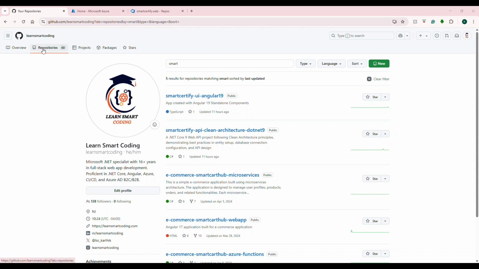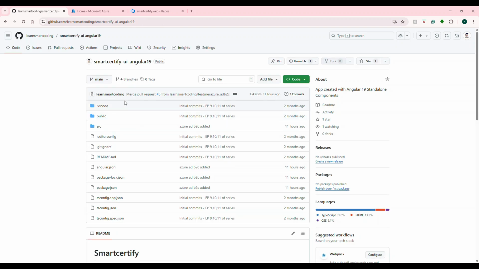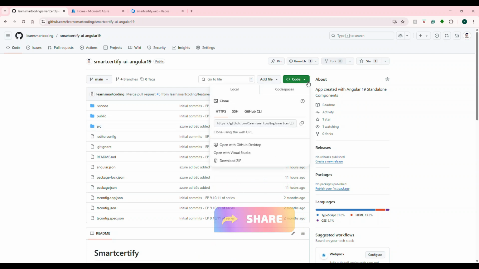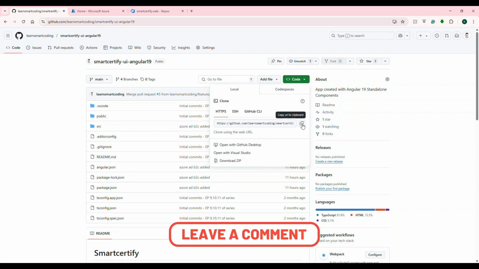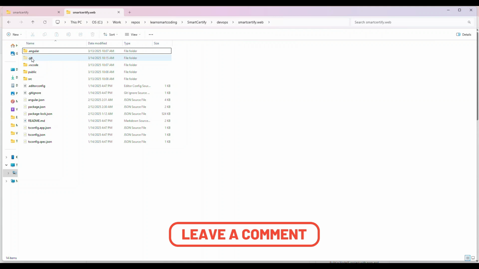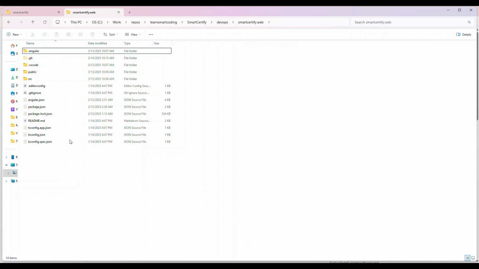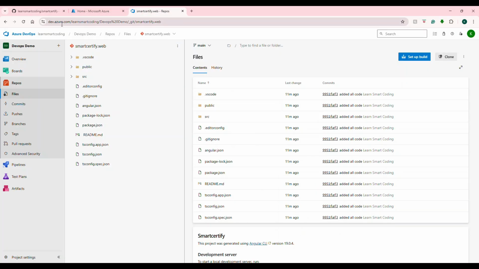github.com/learnsmartcoding, and under the repository, you search with Smart. You will see something called Smart Certify UI Angular 19. This code has everything that you need, including the Azure AD B2C configuration for the production deployment. So this is what you have to do. You have to either clone it or download it. If you clone it, you will get a .git folder. You just remove it. So what I did is I cloned it and I go to this